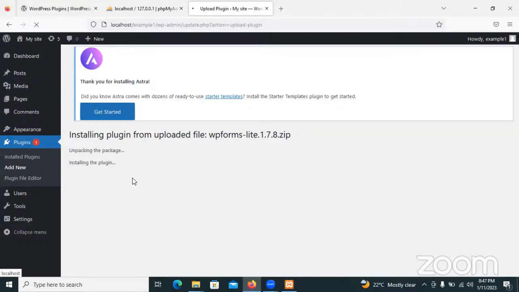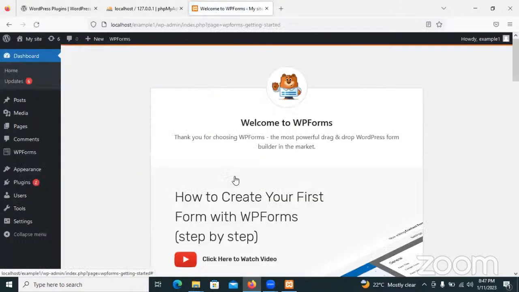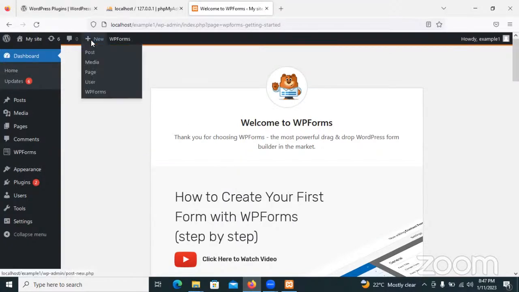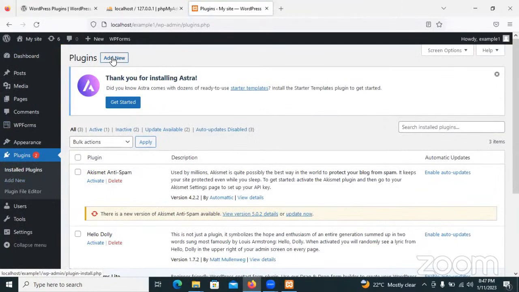It's installing. So it has installed successfully. You can now activate it to be able to use it. You activate it. Okay, you have activated. Now I want to add more plugins. So you can even see here new, or you just go back to plugins if you're not very sure. Then you repeat the same process, add new,